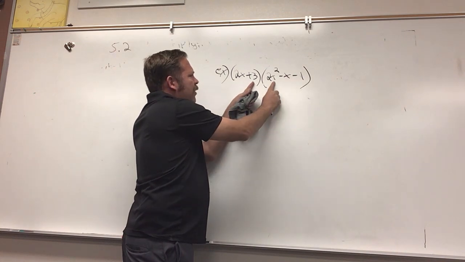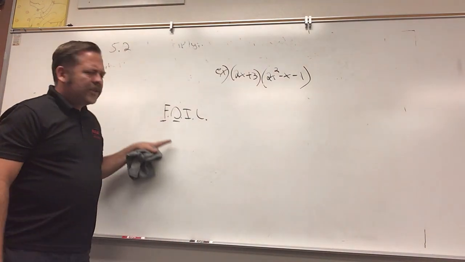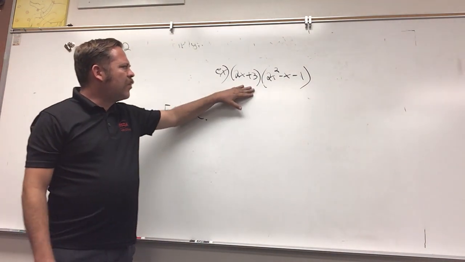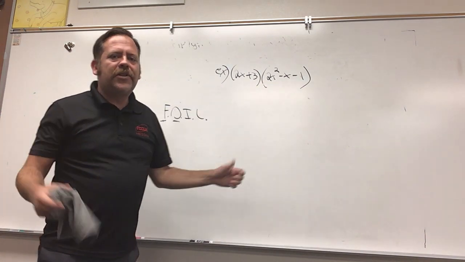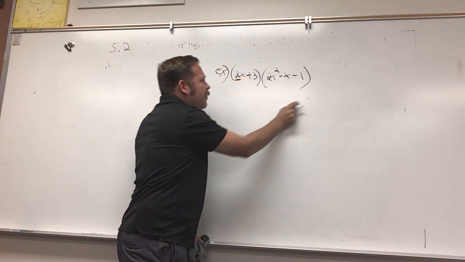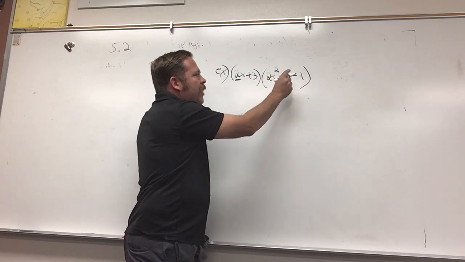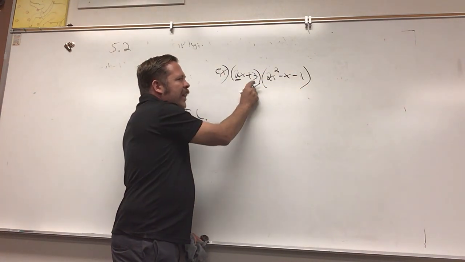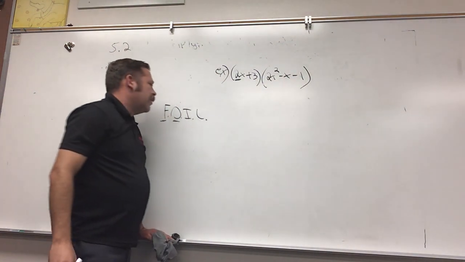Maybe they both have an inner term and they both have a last term, but then this term doesn't ever get multiplied. So this would only apply to multiplying a binomial to a binomial, when essentially what you're doing is distributing. If you just make sure you distribute every term to every term, so this 2x has to be multiplied by here, here, and here. And the 3 has to be multiplied by this term, and this term,